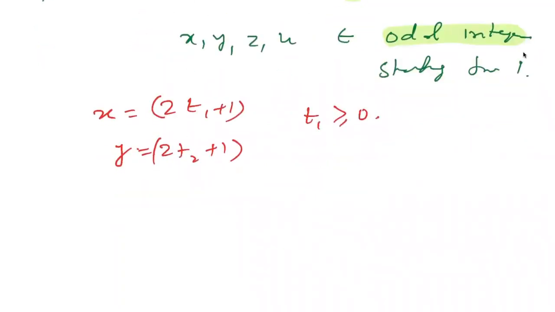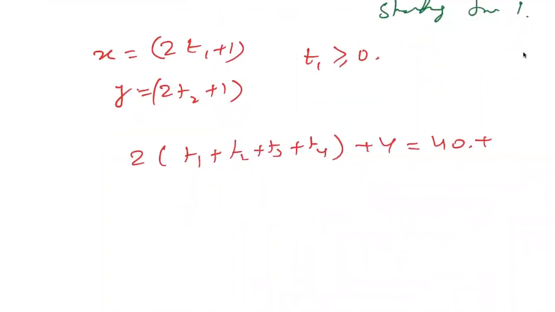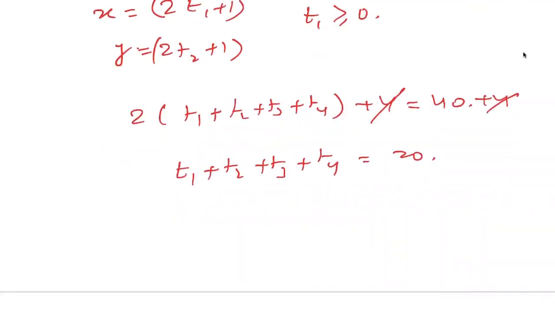If I put all the values, I get 2 times t1 plus t2 plus t3 plus t4, plus 4, is equal to 44. 44 minus 4 is 40, so t1 plus t2 plus t3 plus t4 is equal to 20, right? 20 plus 4 minus 1, 23C3 would be the answer,